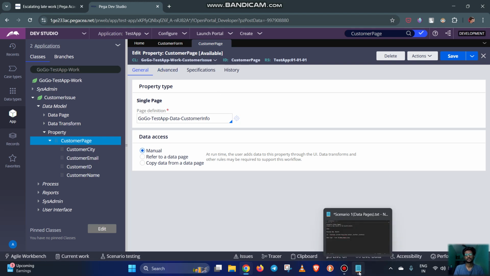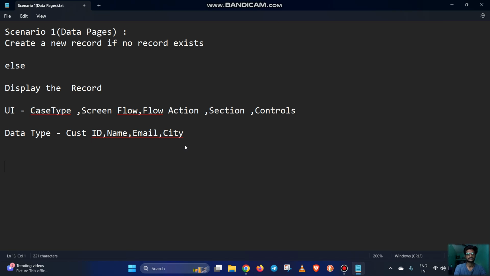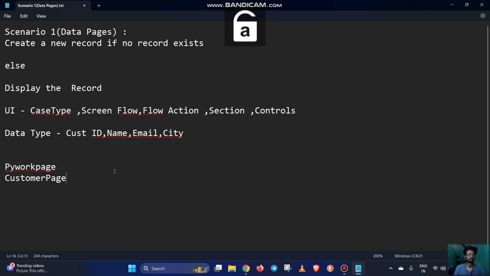If you think about the pyWorkPage structure, it will be like pyWorkPage, and inside that my customer page will be there. It's case sensitive. So pyWorkPage.customerPage, then it will have the customer ID. So this single page property will be